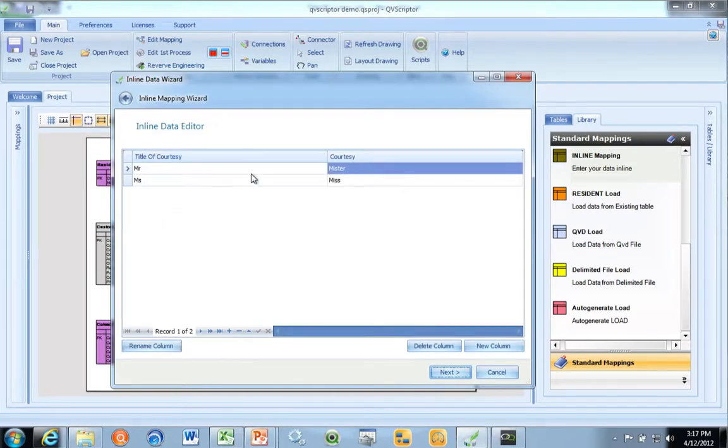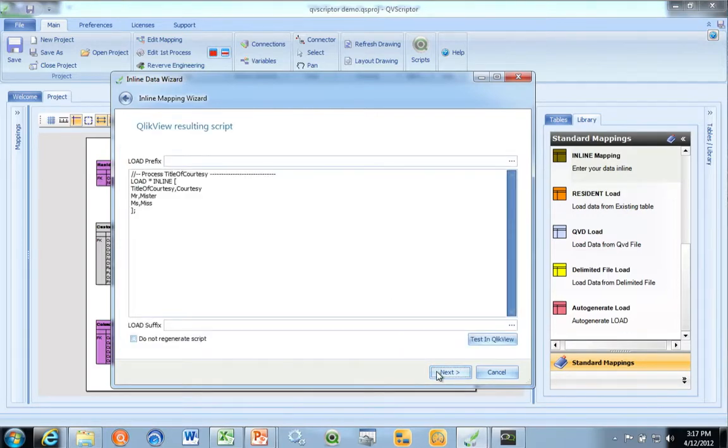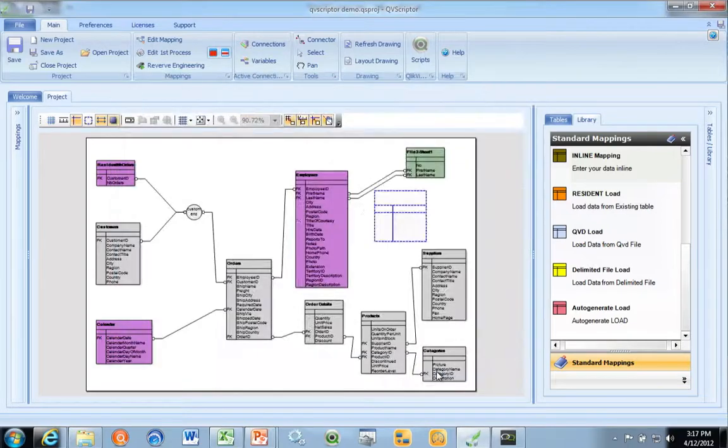It will bring in those fields that I've put in Excel. I can say next, it will give me an example of my QlikView script, say next, and then finish. And there we now have a new inline mapping for my title of courtesy field in my employees table.